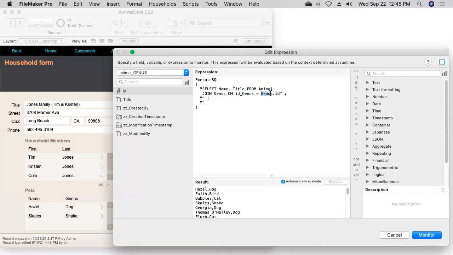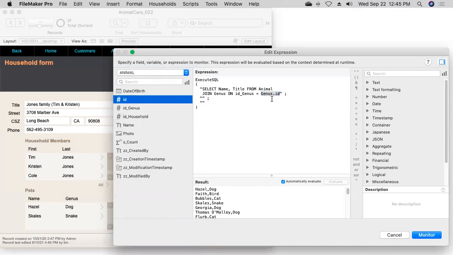So with this phrase here, I had to prefix the ID field with genus, or it may not have guessed correctly that I wanted to use the ID field in genus. It might have used the ID field back here in animal. Now, if you're wondering, can we use joins and wheres? Certainly, certainly. We'll say